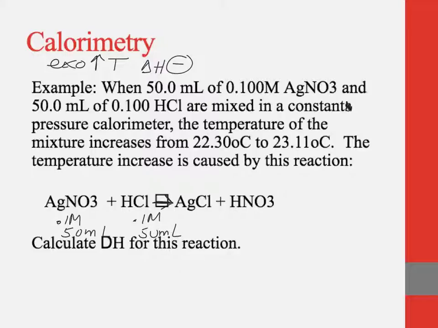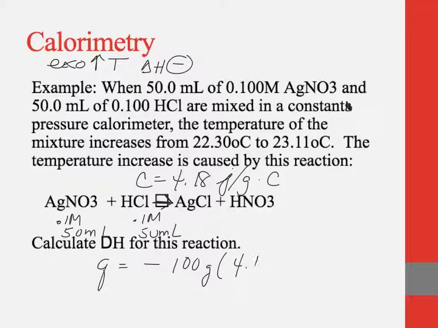We know that it's in water, so our C equals 4.18. And we know heat lost equals heat gained. So Q equals, this has got to be negative because it's exothermic. Our total mass is 50 and 50, 100 mLs is 100 grams times 4.18